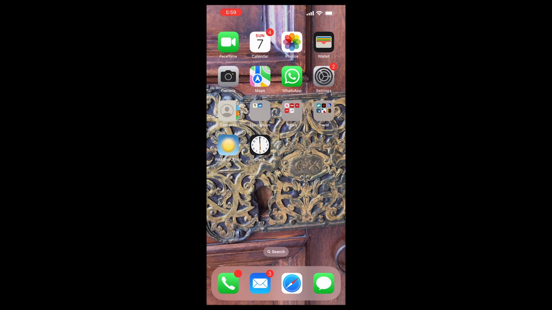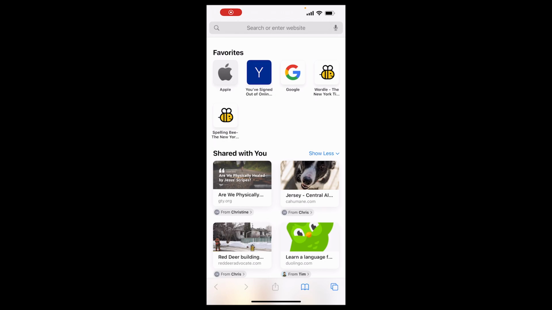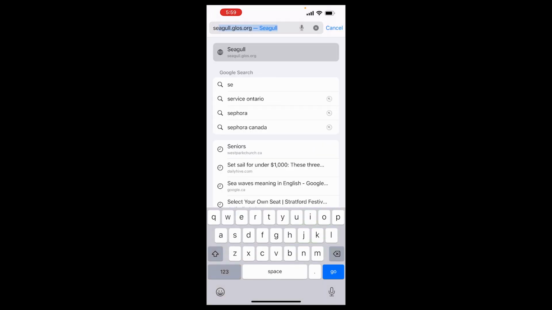My son did tell me about a site, and it's called, now let me see, if I go into Safari, it's called Seagull something. But isn't that a wonderful name to be able to look up something about water? I mean, we all know there are seagulls, certainly around the Great Lakes. So I've just gone into Safari here, and I'm going to put in Seagull, and it came up right away, seagull.gloss.org. That's exactly the site he told me about.